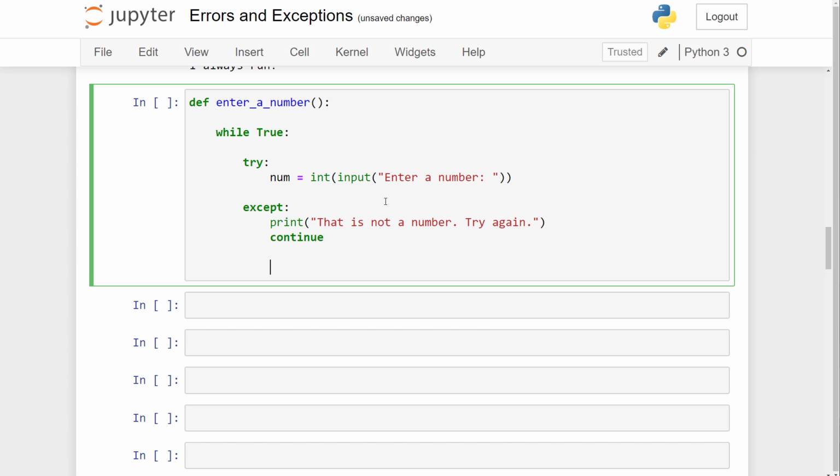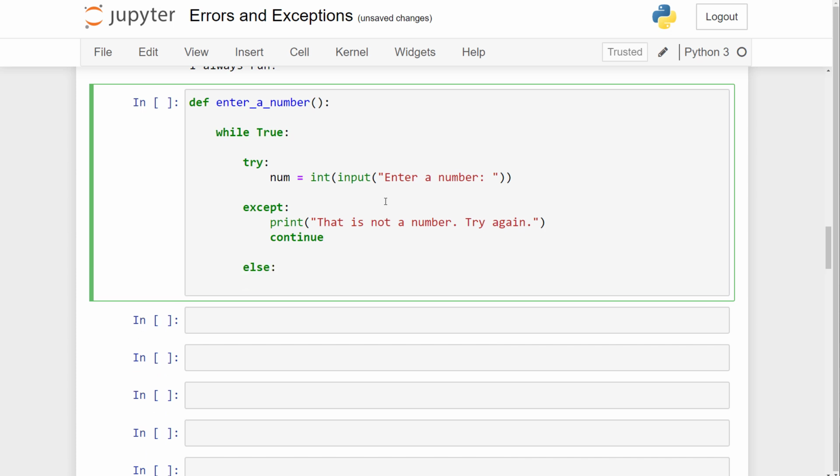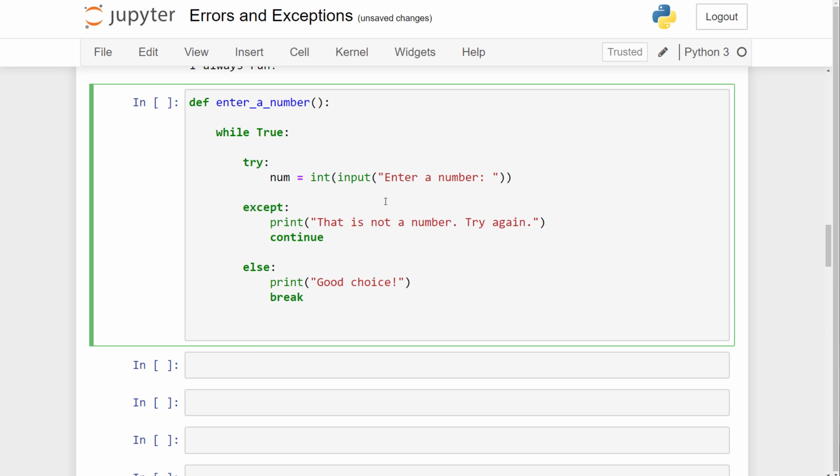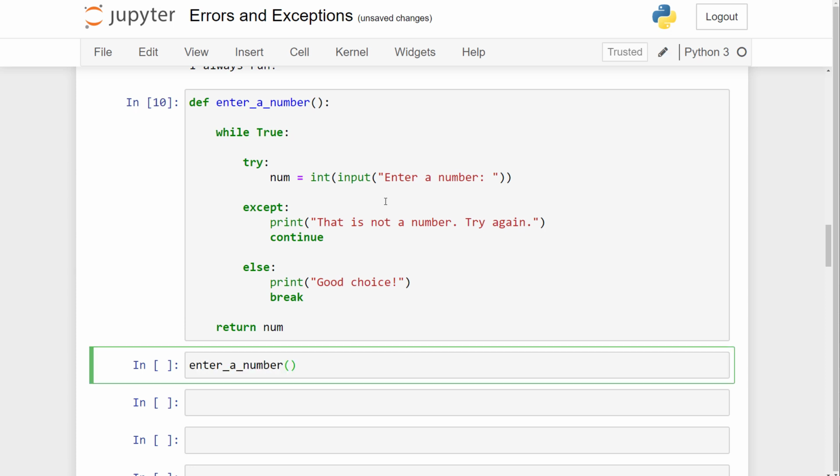We can then finally have an else block, which we know would be executed if their input is indeed a number and it can be converted into an integer. So I will then print, "Good choice," and at this point I'm happy to break out of the while loop, so I can then put the keyword break. I then simply want to return the number that they've provided, so I can use this number in other parts of my code. So if I run this code cell and then call the enter_number function,